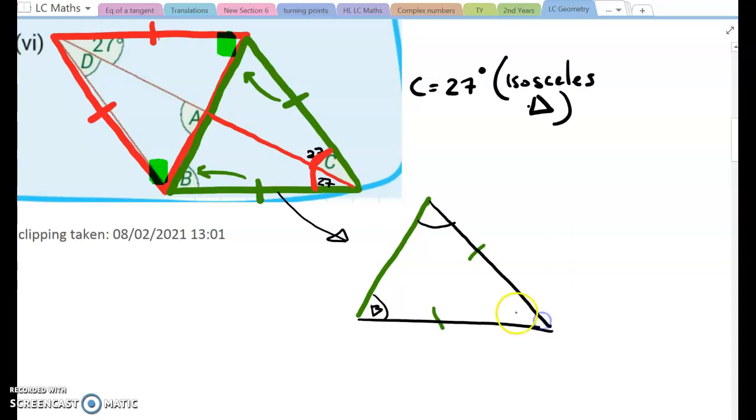Two 27s together, so it's 54. And seeing as how B and A are equal, because they're both underneath this little notch, it means that 180 take away the 54 gives you 126. If we divide that